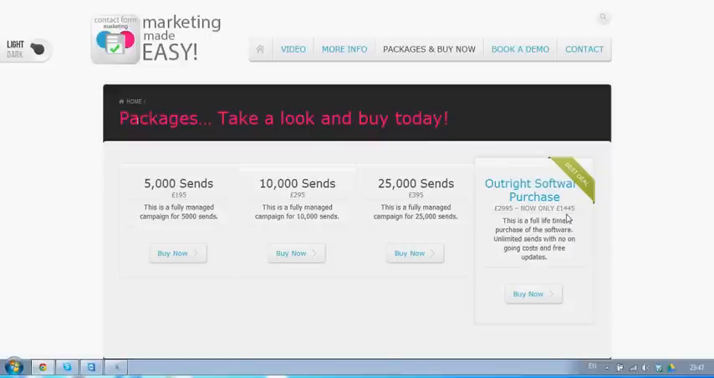£1,445. There's no ongoing cost with that. You get the software for life, you get free updates, and it's unlimited sends. You can send 25,000 messages a day if you want. It's not costing you anything. You've got no risk of blocking your IP address or anything like that, and it just means that you can